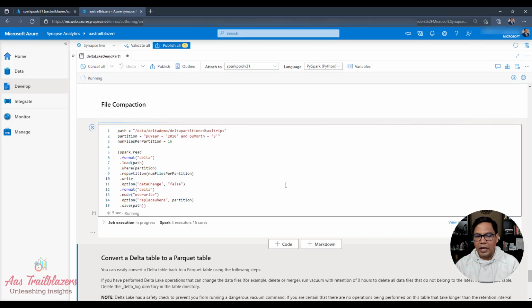This works fine, and this is the standard process as of now, and it's available as part of the open source Delta Lake feature. But Synapse has a different way of achieving the same thing, and I'm going to go into more details about that new and different way of optimizing the performance or the structure of the files in my second video. So at this time, you can see the command has executed successfully, and if we